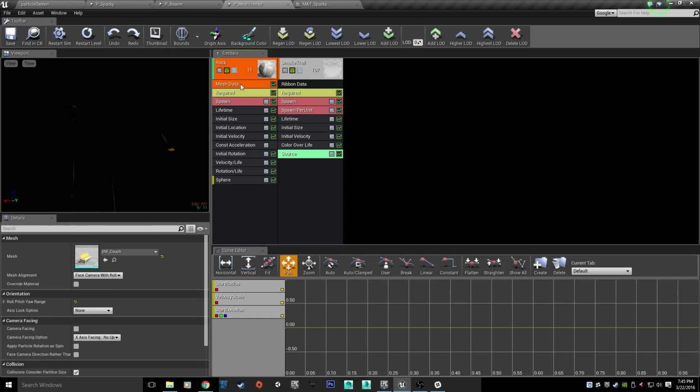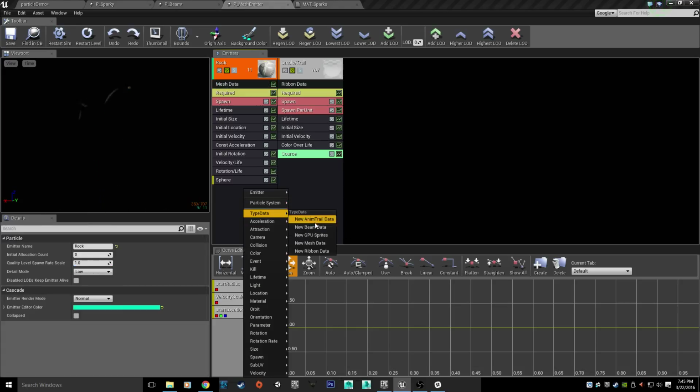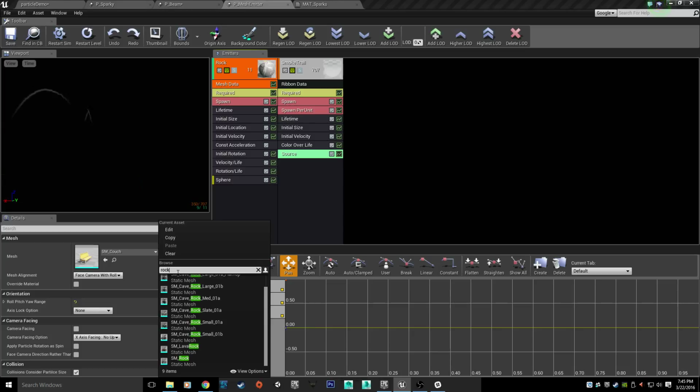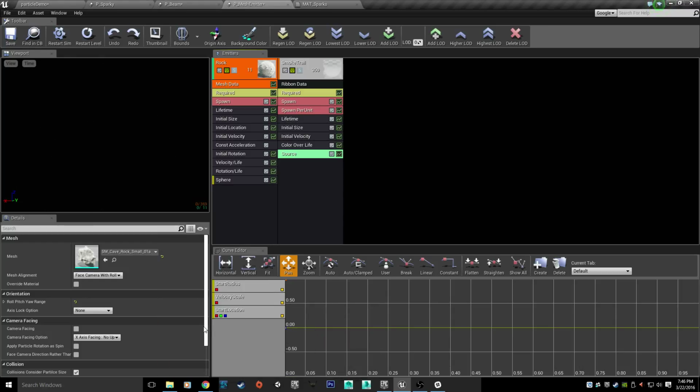So the first thing you have to do is make it mesh data, and you do that by right clicking and then going to type data and selecting new mesh data. Then inside your mesh data, you can select the mesh that you want. Let's grab that rock I had. I believe that was one of these guys. It doesn't matter which one. Let's grab this one. The general effect I was going for was like rocks after an explosion or something like that,